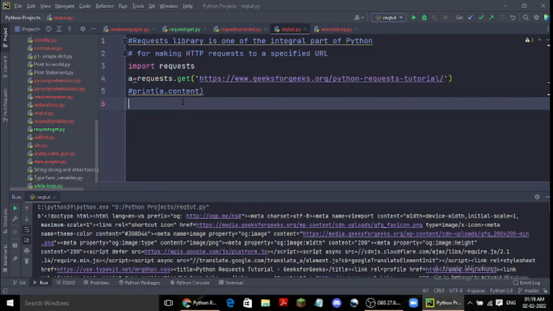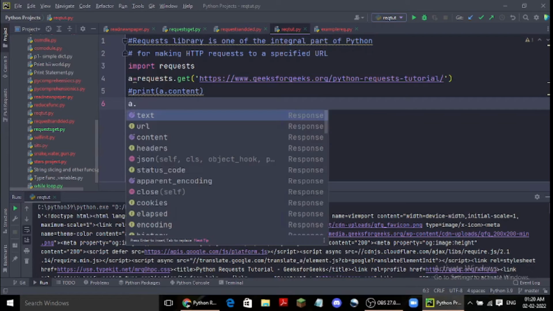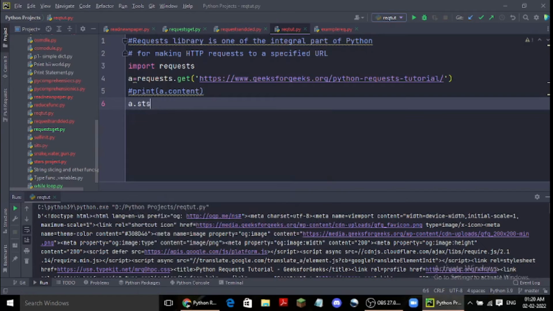This response is an object which has a lot of functions and attributes through which we can use that response. Suppose I want to know the status, like whether it has brought all the content properly. For that there is a dot status code.